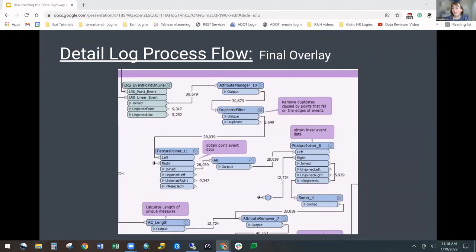Okay, so finally, all point streams are combined, and this point stream goes into an event point online overlayer. And this is also a custom transformer that Bo developed, and it's available on the hub. So this point stream is overlaid with all linear full coverage events, and that was the output of that single stream overlay process. The output of this part of the process is in event point format with a measure and